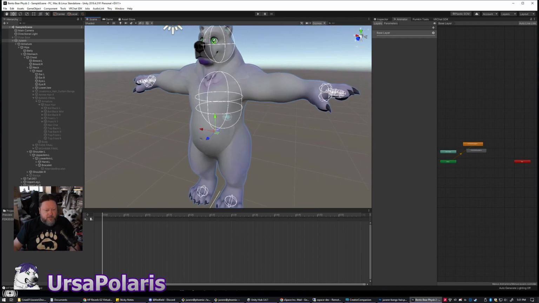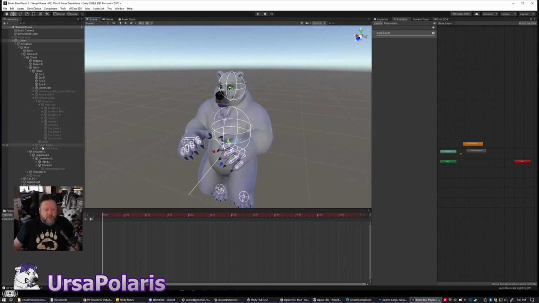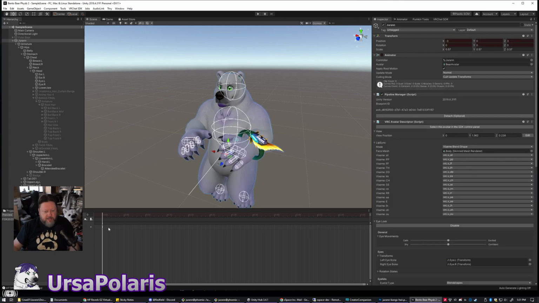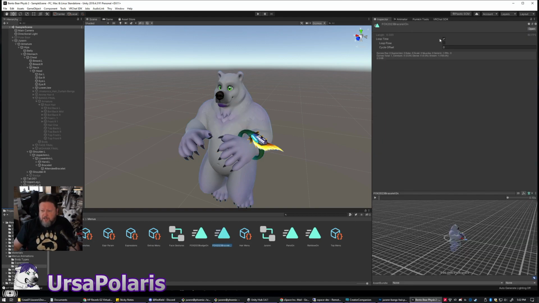With that there, I'm going to go ahead and go into recording mode. And then I'm going to go down to my bracelet. Go to the inspector window. I'm going to turn that on. Bada boom, bada bing. I can see that this has been added with a point in my graph, my timeline, that it's turned on. That's what I want. So I'm going to stop recording. And then I'm going to come back to my project view, take a look at that animation, turn off loop time,